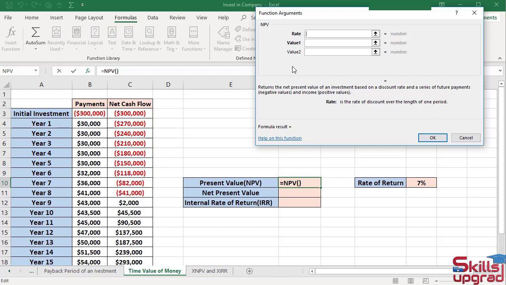For example, I receive payments from a 3-year investment. After the first year, I will receive $300. After the second year, I will receive $400. After the third year, I will receive $500, with a 7% annual rate of return. The NPV function returns the present value